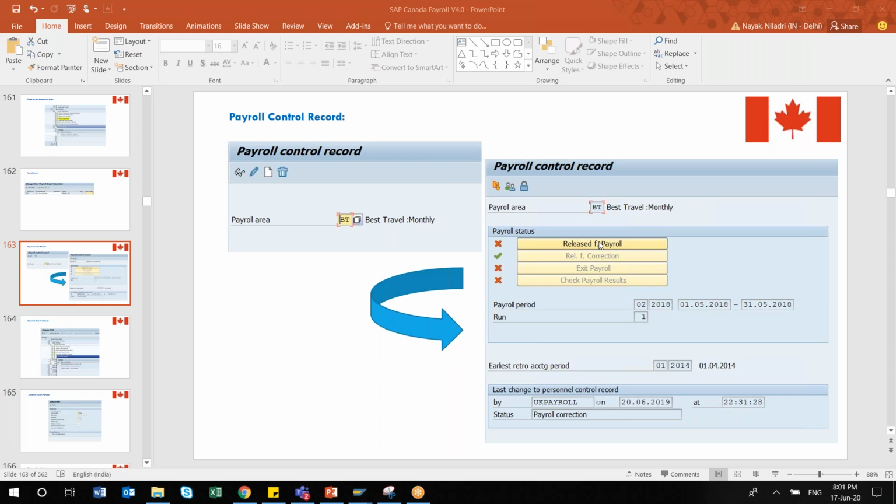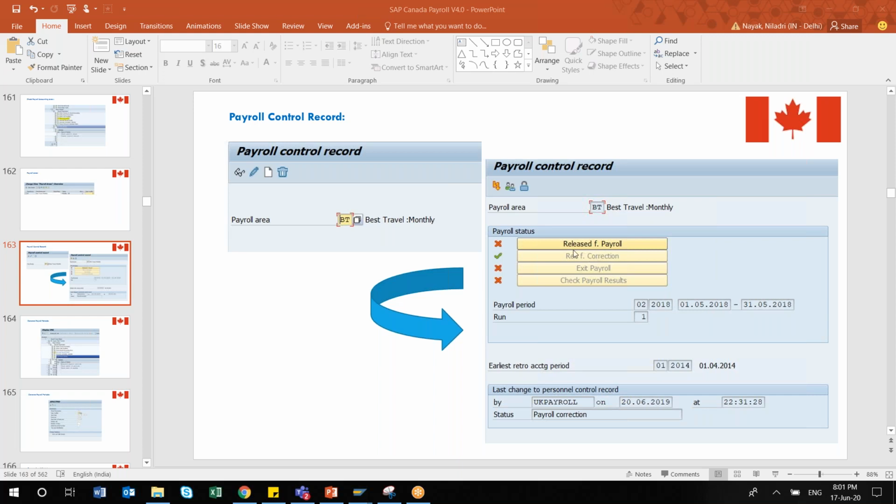But there is an exception. As I'm working on EC payroll also, for EC payroll that is not an issue. For EC payroll we have something called an exception. For one or two super admins, we can write an exception and mention those users. Even if the payroll is released or in the payroll control record condition, you can still change the master data. That is an advantage of EC payroll, which was not there in on-premise payroll. As I am working on EC payroll these days, I tried to call out that difference so that it will be helpful in the future.